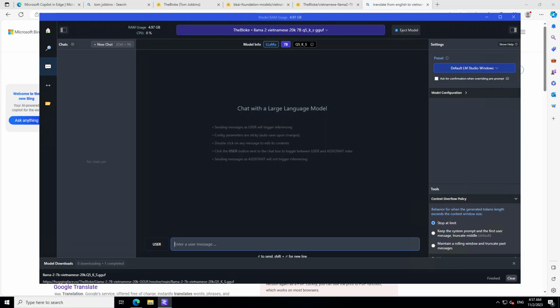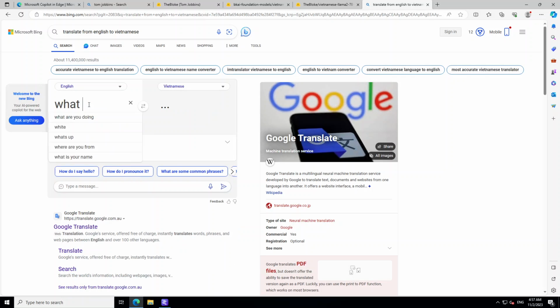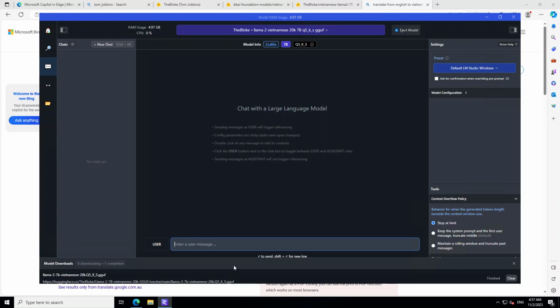Now, as the model is Vietnamese, let's first go to Google Translate, and I'm going to translate my English text into Vietnamese text. So let me do that first. I'll just ask it, what is the capital of Australia? And let's wait for the Vietnamese. This is the Vietnamese. Let me copy it, go back to LM Studio, paste it here in the text box